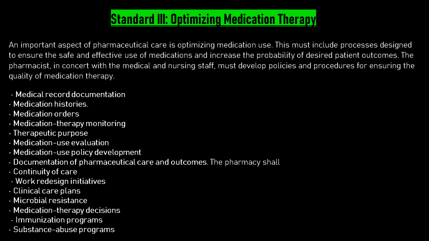So other than an emergency, any question regarding an order must be resolved with the prescriber at this time, and a written notation of these discussions must be made in the patient's medical record or pharmacy copy of the prescriber order. Information concerning changes must be communicated to the appropriate health professionals.